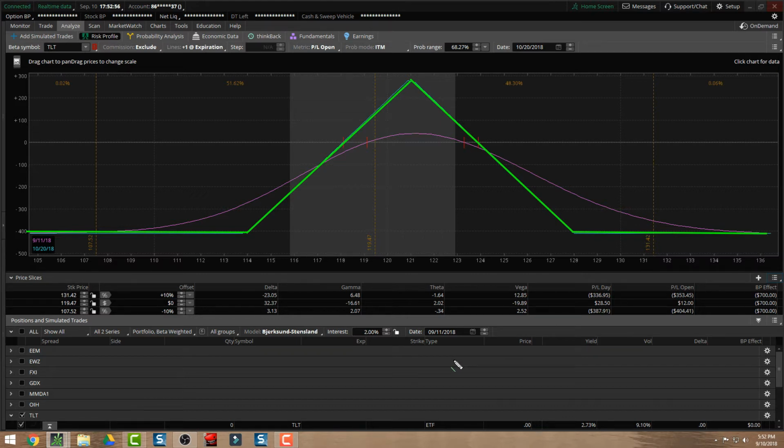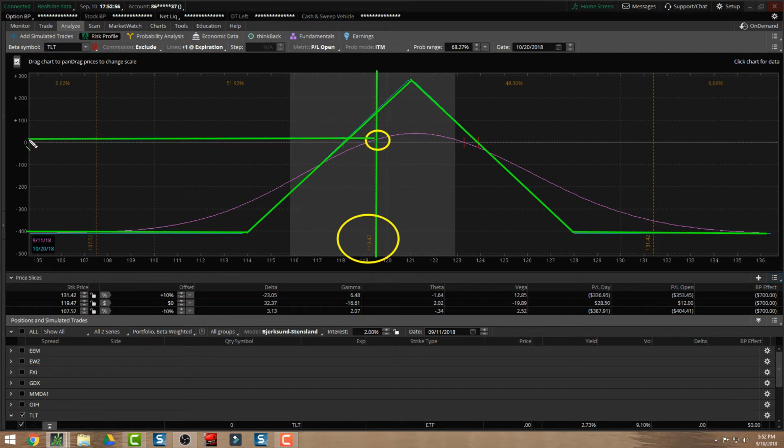Also we need to know that this line right here that runs straight down the middle is what the stock price is as of today. So right now TLT is trading at $119.47, and you can see where we're making a profit. So if we come right up this green line and we match it up with today, which is that purple line, and we come right over here to the left to our monetary scale,